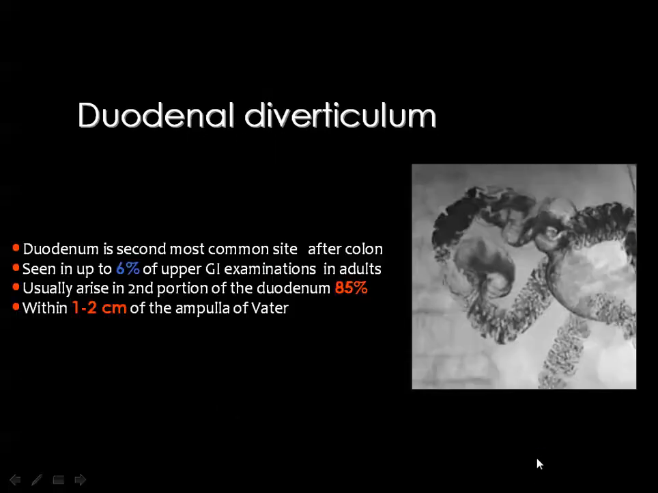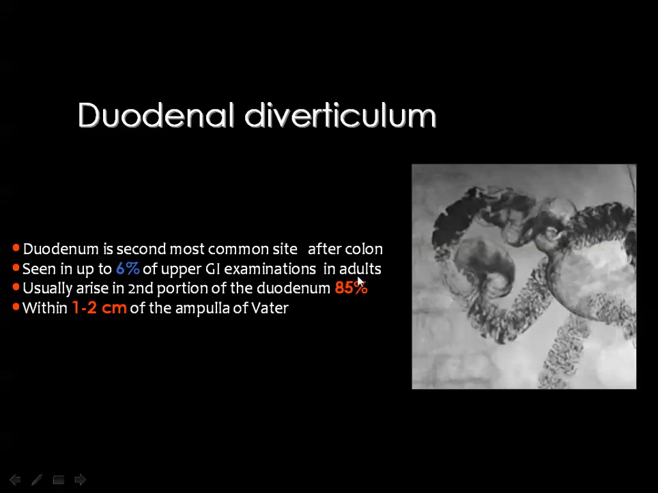Duodenal diverticula are considered the second most common GI diverticula after those of the colon. And this is the incidence. About 6% of upper GI examinations may show a duodenal diverticulum, and this diverticulum is a false diverticulum made only of mucosa,